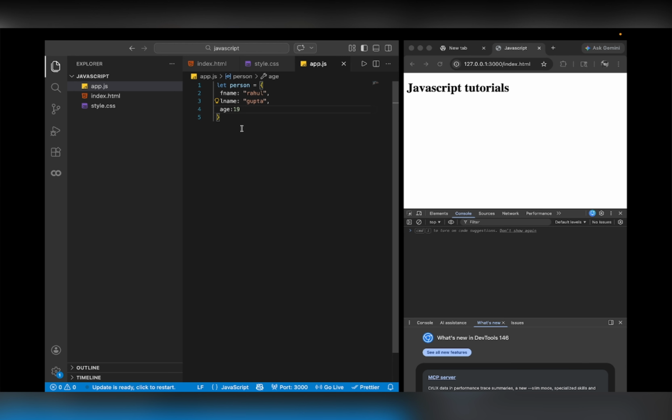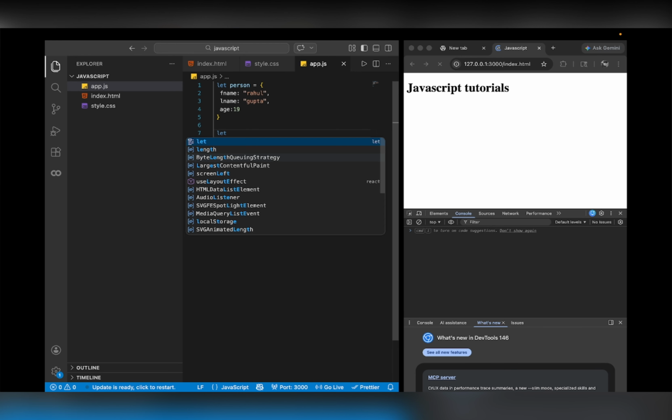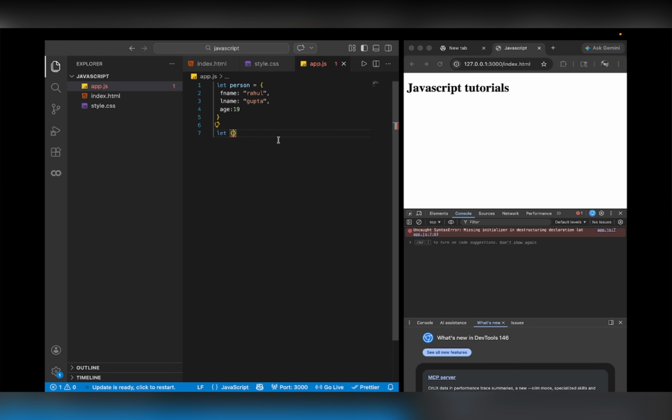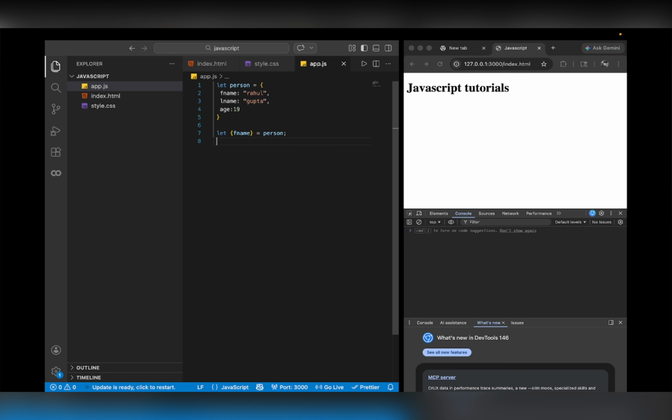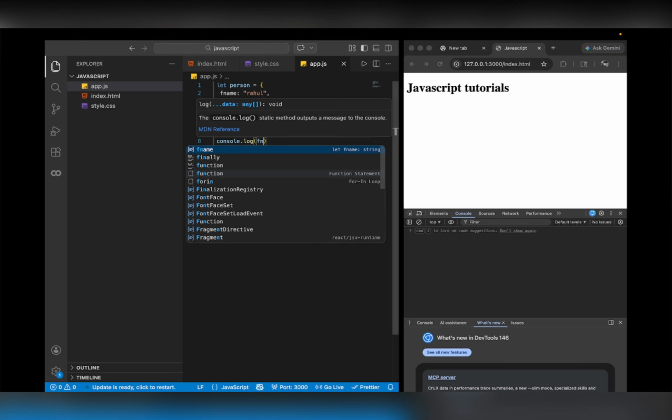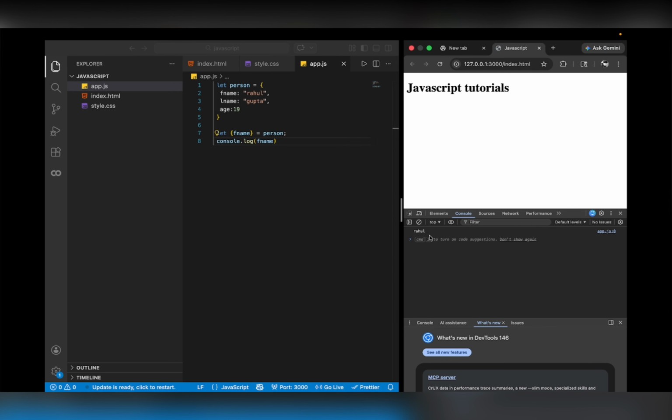या एज हम लोग एक अलग वेरिएबल में डिक्लेयर करें तो उस केस में हम लोग डिस्ट्रक्चरिंग का यूज कर सकते हैं। लाइक कैसे करेंगे, क्योंकि ये ऑब्जेक्ट है तो हम लोग यहाँ पे ऑब्जेक्ट डिस्ट्रक्चरिंग करेंगे। तो सिंपली डू लेट और ये कर्ली ब्रैकेट का यूज करेंगे और इसमें उस प्रॉपर्टी का नाम लिखेंगे जिससे हमें कन्वर्ट कराना है लाइक एक वेरिएबल में। इससे हमको चाहिए फर्स्ट नेम fname एंड इक्वल्स टू पर्सन। सो हमारा फर्स्ट नेम वेरिएबल में राहुल सेव हो चुका है। सो जब हम लोग कंसोल लॉग करेंगे fname को तो हम लोग को राहुल मिल जाएगा।